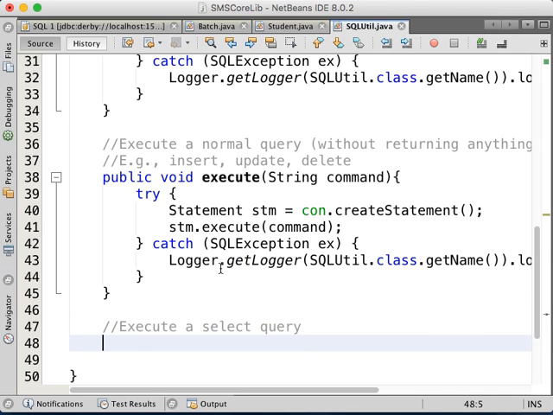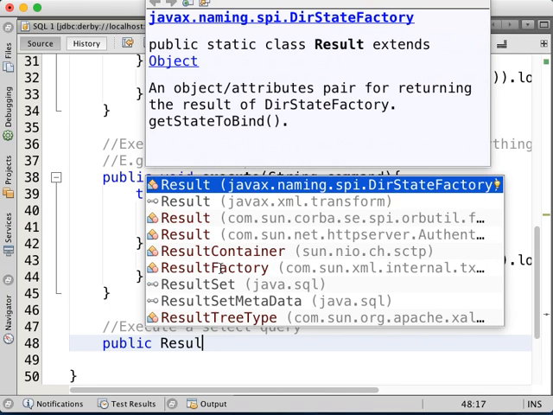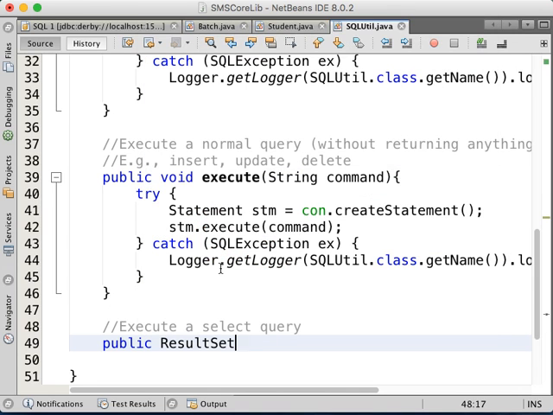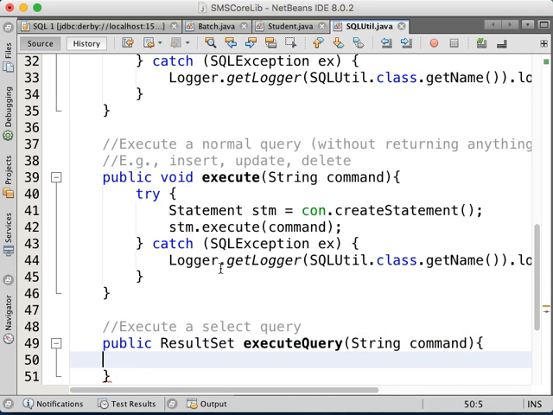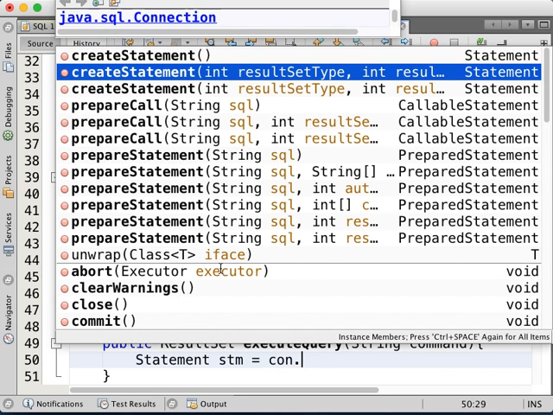Let's say we're gonna do public, and when you select, it's gonna return a result set. This one is executeQuery. You're gonna take a string command. Then you're gonna create the statement: stm equal to con.createStatement, and in this case,